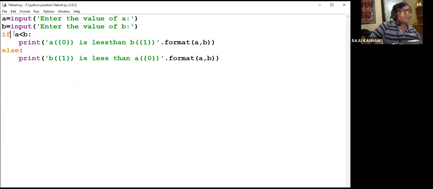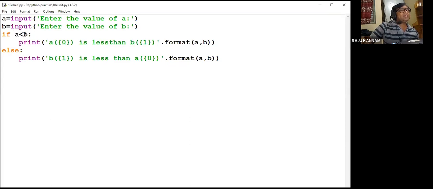Give the if, give the space, then condition, colon is compulsory here. Colon means the block of code is going to start. After colon, if you press enter, it will give indenting automatically. The cursor will blink after 4 spaces automatically. So here print, if A value is less than B, A is less than B we are printing.